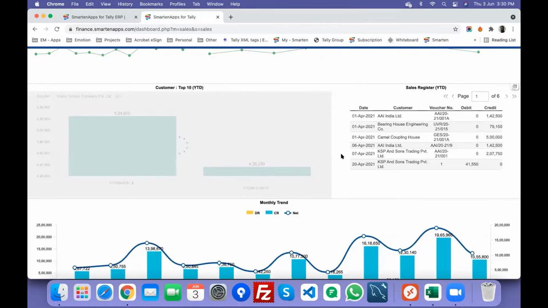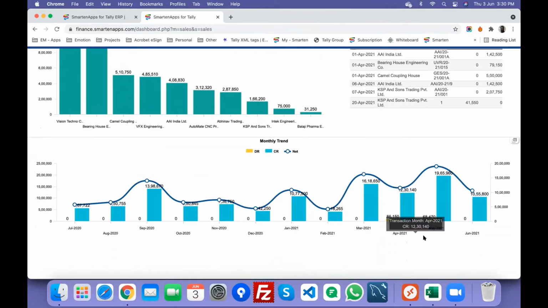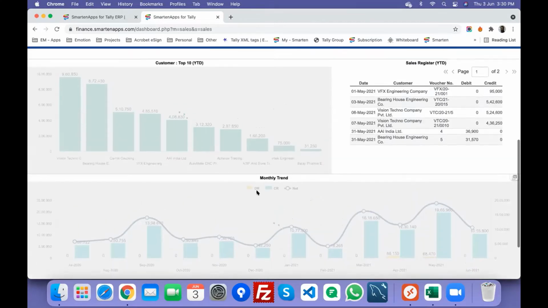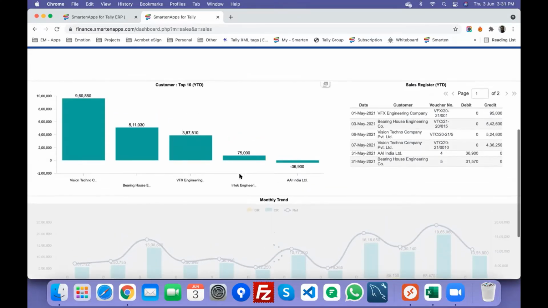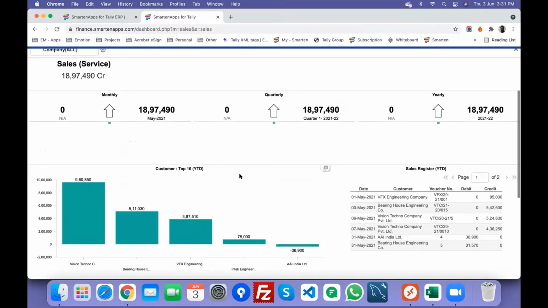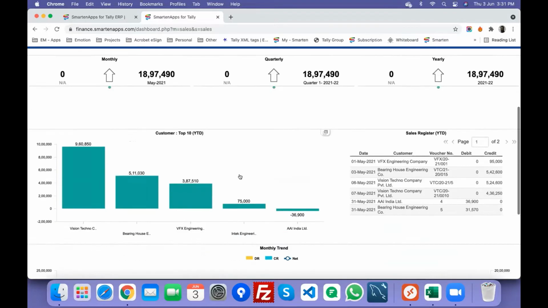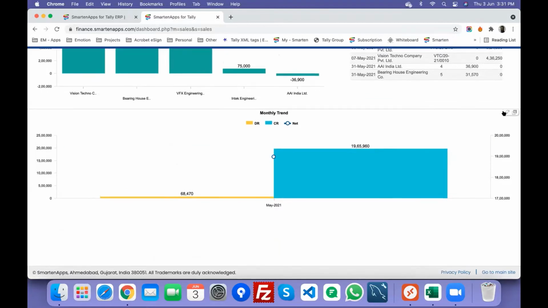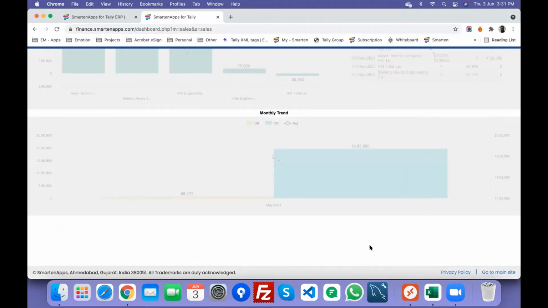And say for example, I want to look at this for only the month of May. Then all objects that you see, so now you will see top 10 only for May, right? So these were the parties which were top 10 in May. And even these KPIs, obviously it's monthly, so most of the KPIs are just showing a single point here. Sales register is also filtered for May, as you can see now. Let me reset my monthly filter. You just have to click that eraser button on the right.